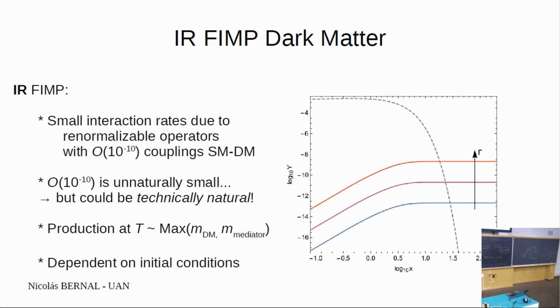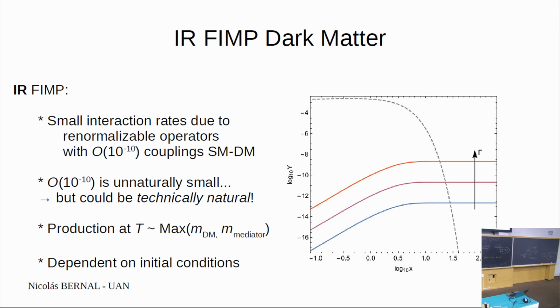A couple of extra words on FIMP. There are basically two kinds of FIMP. One is the infrared FIMP, where these very small interaction rates are due to renormalizable operators with a very small coupling. Reaction rates are very small because you have a very small coupling, of the order, say, 10 to the minus 10 or so. These very small couplings are, as you can agree, unnaturally small, but at least in some models they could be technically